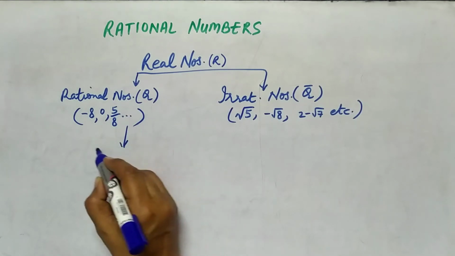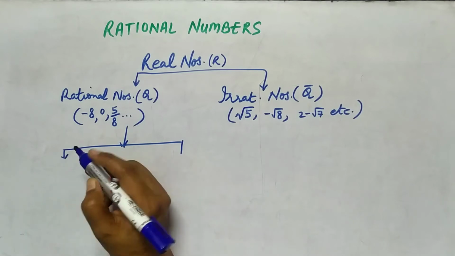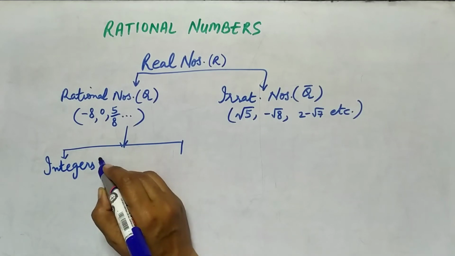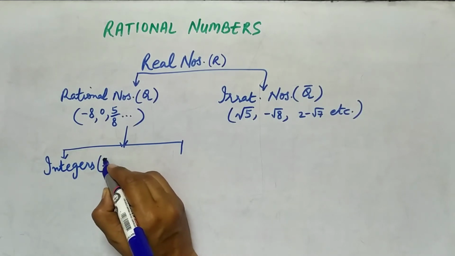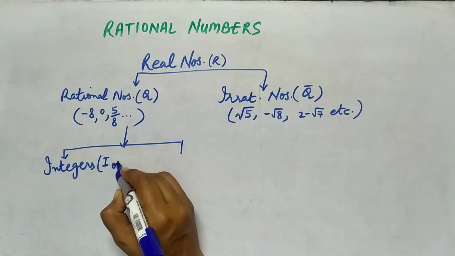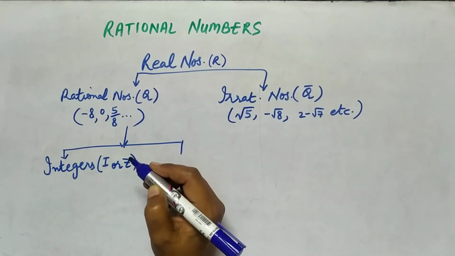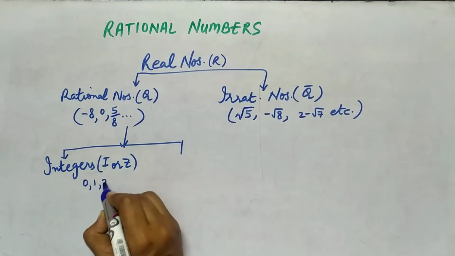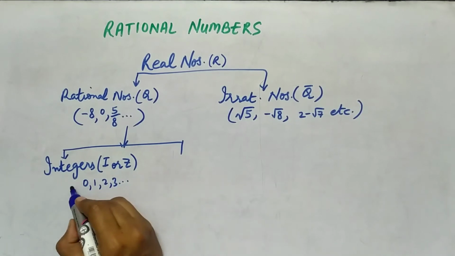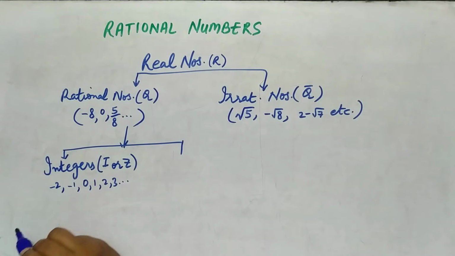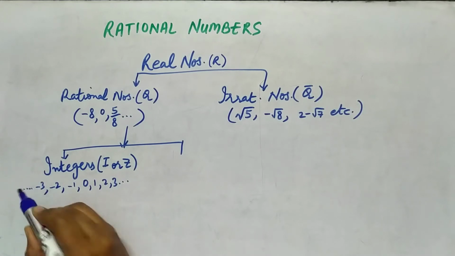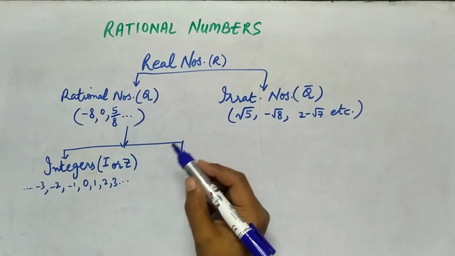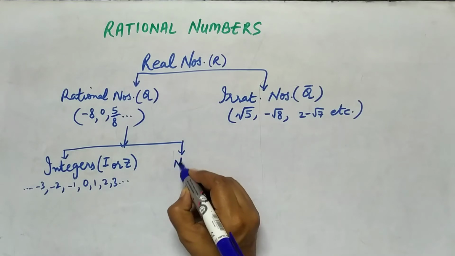They are further of two types. The first kind is integers. This we have already done in our lower classes. They are represented by I or capital Z. Integers lie on the number line, which has center 0, then 1, 2, 3 in ascending order, and on the left hand side of the number line the negative numbers are there. These are all integers. The other type of rational numbers, the second kind, is non-integer